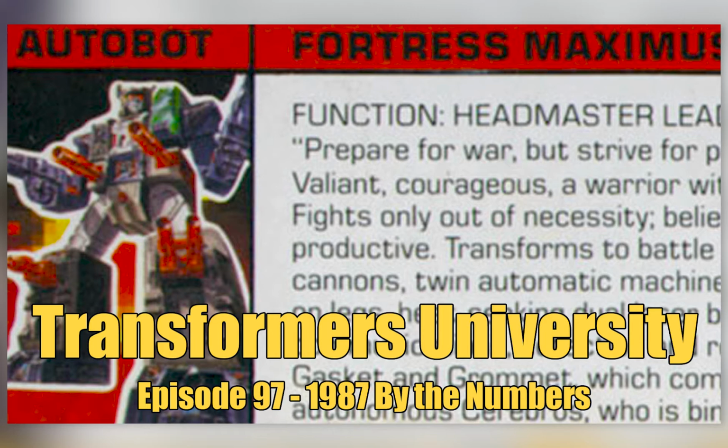Now, if you're familiar with these episodes, then thank you for coming back. If it's your first time, let me explain to you how this works. We're going to talk about these characters in terms of their function and how that fits within one of 5 groups. The 5 groups I've broken everything down to, and they're fairly general breakdowns, are command, so leadership roles,